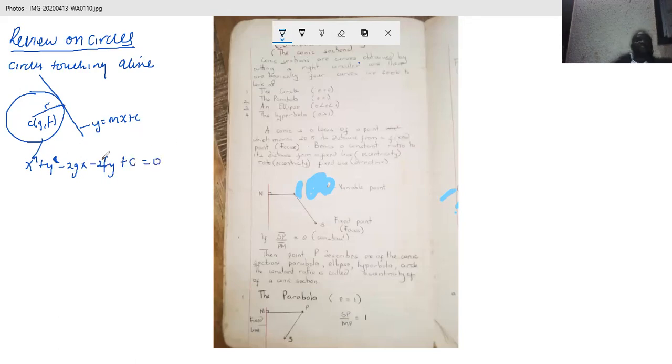Then you have to solve these two simultaneously by getting this y and substituting it here. There you will form an equation in x, so that you get a quadratic in x. It gives one repeated point,